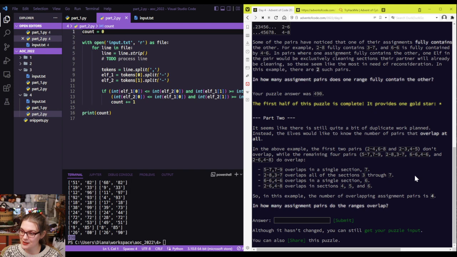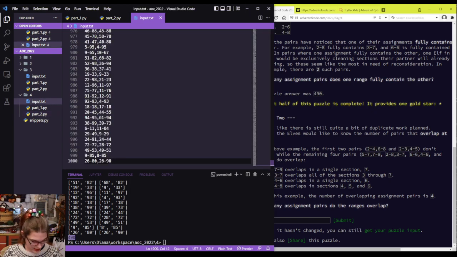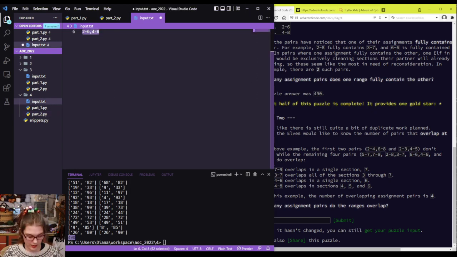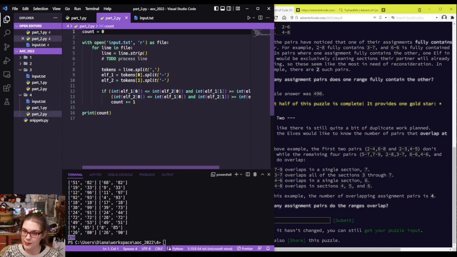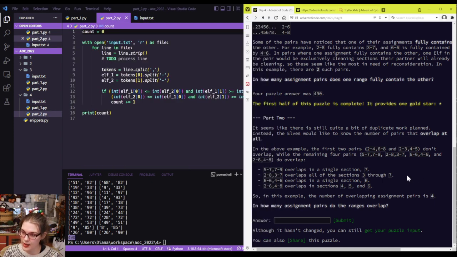Okay, it seems like there's still quite a bit of duplicate work planned, so the elves would like to know the number of pairs that overlap at all. In the above example, the first 2 pairs don't overlap, while the remaining 4 pairs do overlap. Okay, so overlap at all. Number of overlapping. Okay. So for testing purposes, go back to the example input. And then,